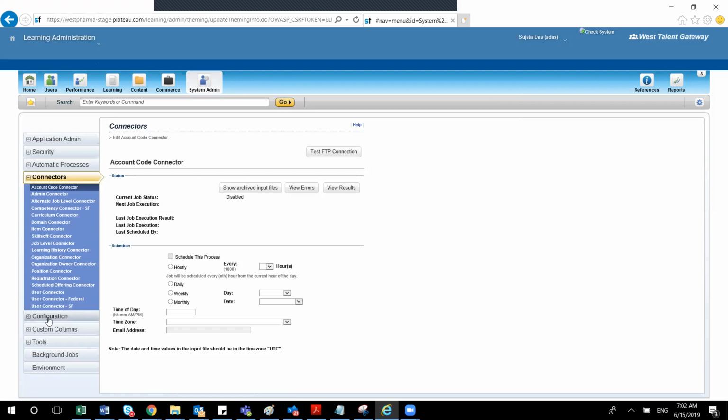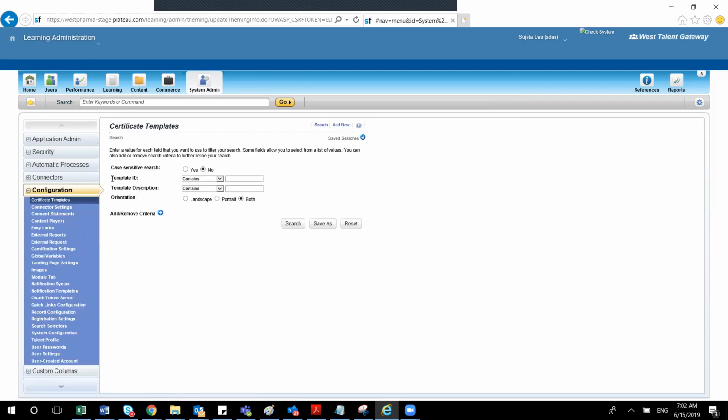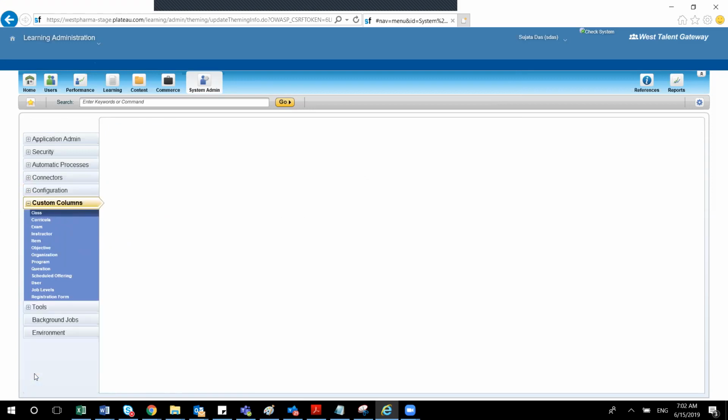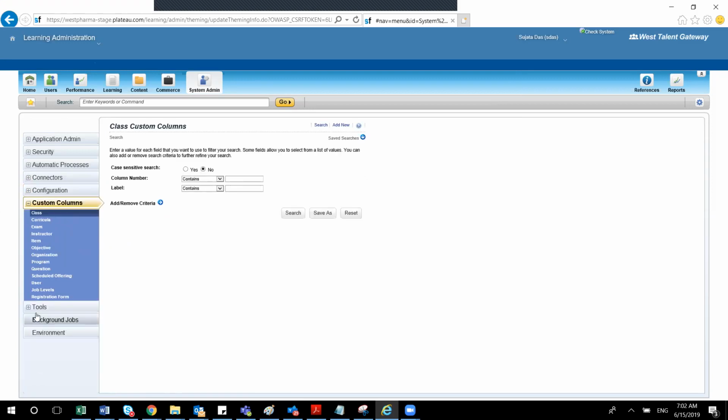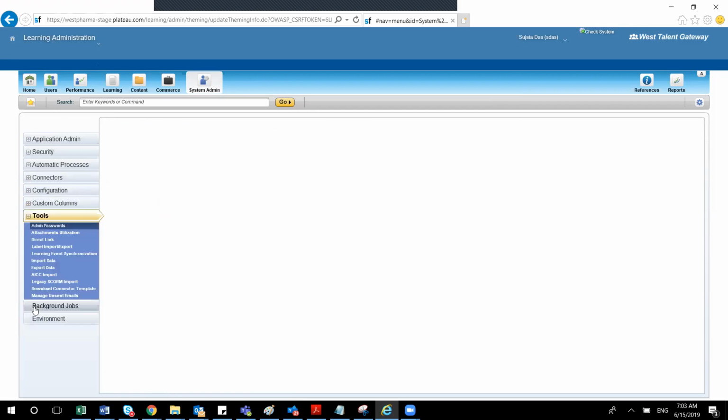Any other question regarding connectors? No, I am good. Okay. So how the connector file will be looking, that I am just going to show you. For that, I am going to the configurations. Just a minute, I'll show you something else. First, I'll show the connector template, how the template looks. Then I'll move to the configuration.